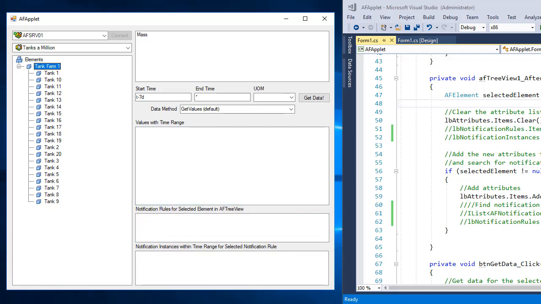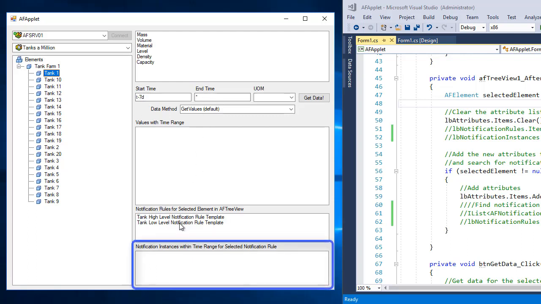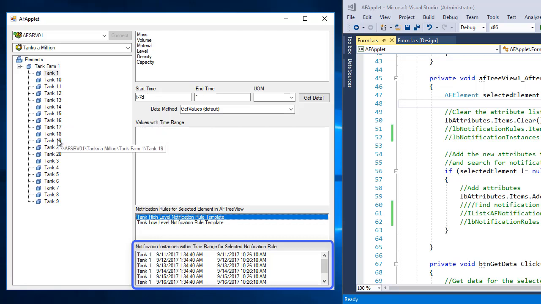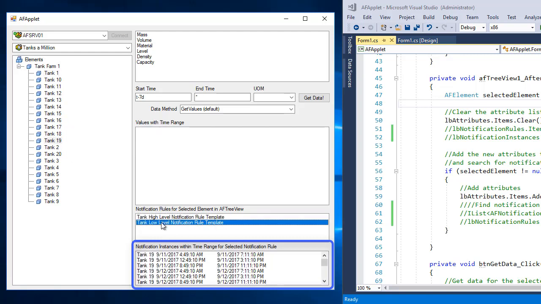And in the next video, we're going to go over the behavior we want to see for the second list box. And that would be when you select a tank and, giving it a start time and end time, we're going to click on a notification rule. And what that's going to then do is go out and search and find our notification instances that are associated with that notification rule. So these are the ones for tank 1 low. If I click here, we get a different set for tank 1 high. As we would go from tank to tank and keep changing, we'll get a different set of numbers. So all right then, that should give you an idea of what we want the behavior to be, and then our job is to actually program that.